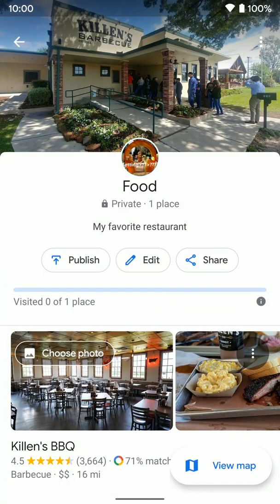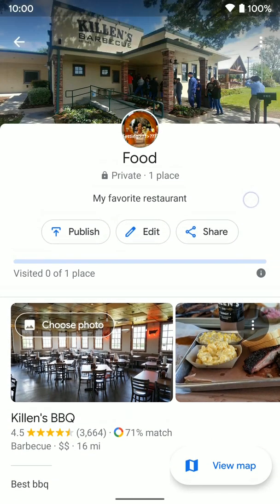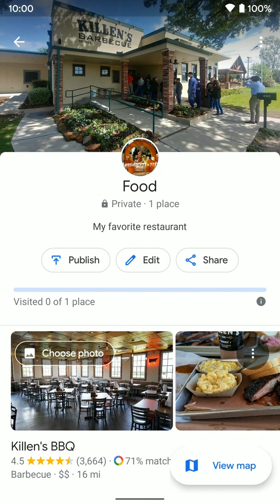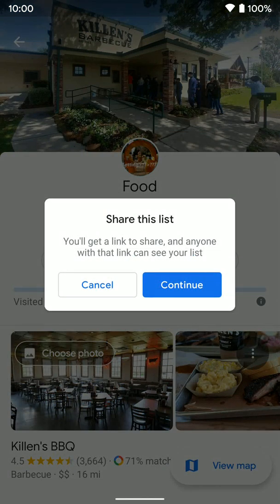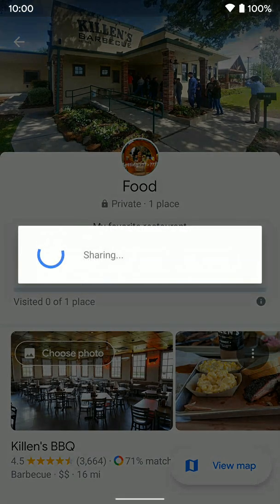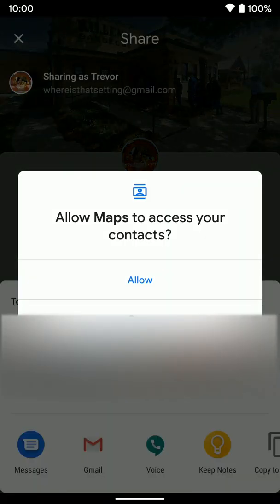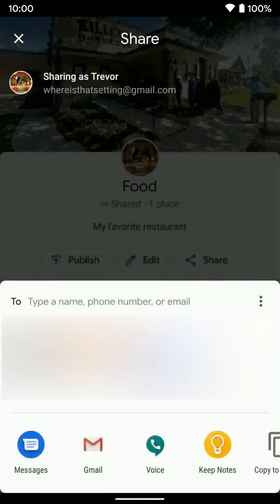It's up to you. But now I'm going to show you if you want to share it with someone. We'll hit share this list. So you'll get a link to share it, and anyone with that link can see your list. So we'll click continue. And this is just if it wants to grab my contacts and things like that. We'll click allow, and you can see at the top here,